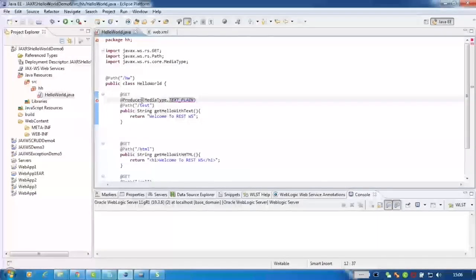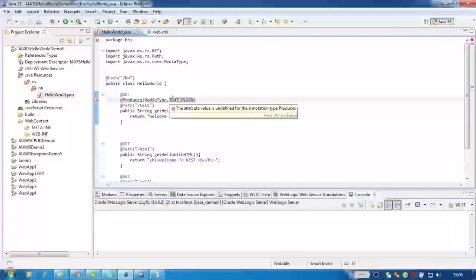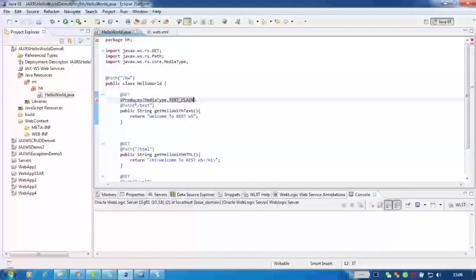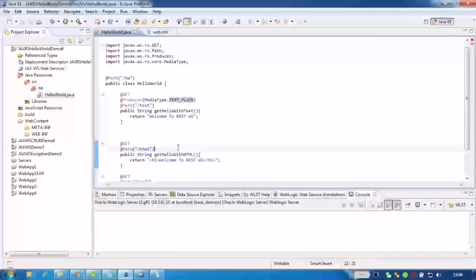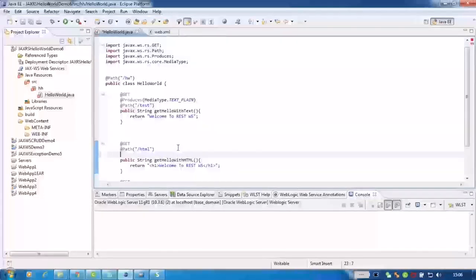@Produces and MediaType.TEXT_PLAIN is correct only. Attribute value is undefined for an annotation type @Produces. Okay, import. Yes, it is done, right? So same like that, you have to define what type of text is returned by this specific method, you can define once again